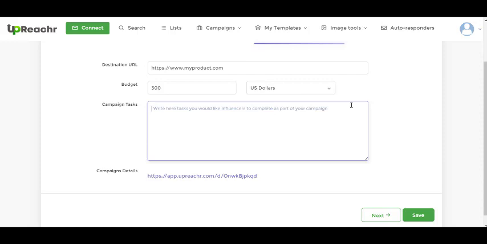You could also have them pin your content on their stories. You could also have them set it up as their profile and have your link on their bio. So these four places, you could of course define it in the campaign tags you are giving to them right here. So say